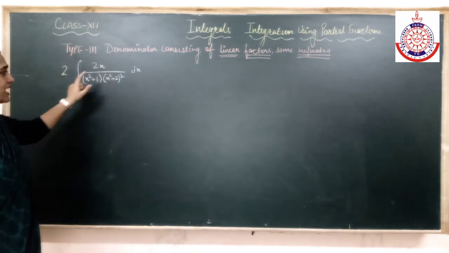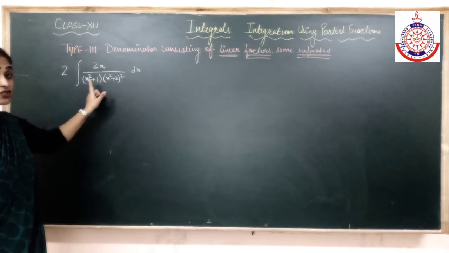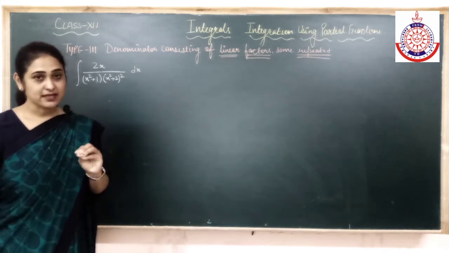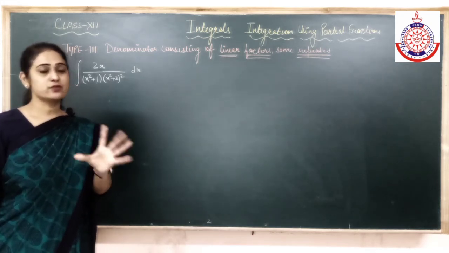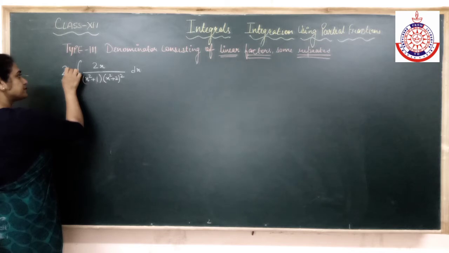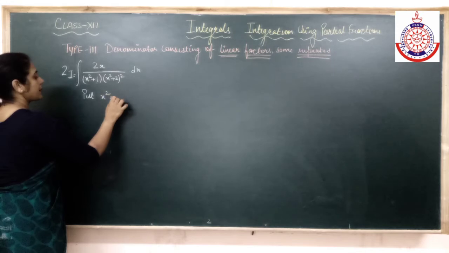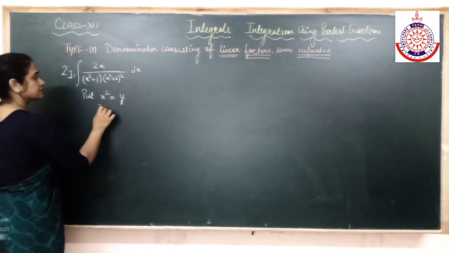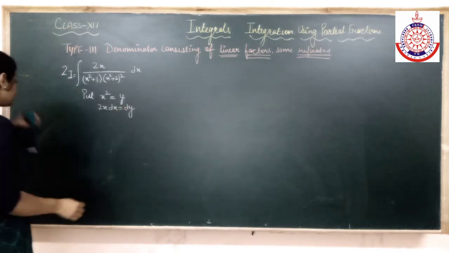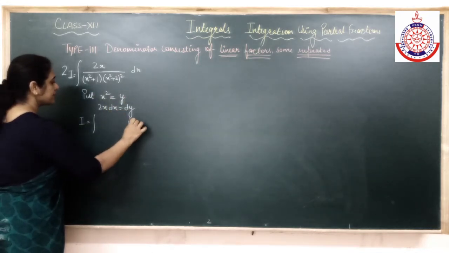Now if you see properly, I have 2x up, and 2x is the differentiation of x squared. And other than x squared, there is no other variable in the denominator. So if I want to make it easier, I'll apply the substitution method. And as I told you, the substitution method is one thing which will always help you. Alright? So what I'm going to do in this question, differentiate with respect to y. Alright? So this has become 2x dx has become dy.